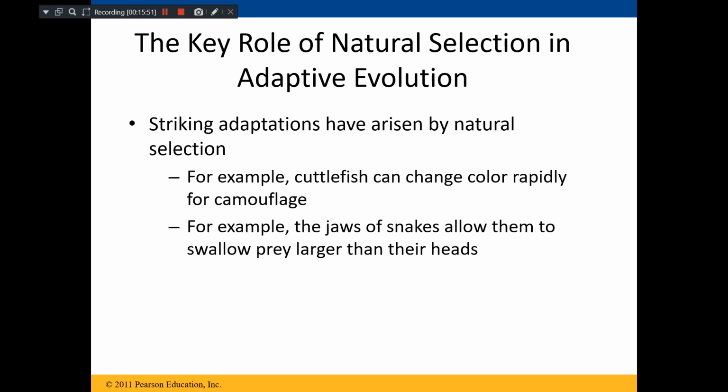Because of this adaptation, they are not easily spotted by the predator, because the color of the cuttlefish blends with the color of the nature or its background. This is an adaptation. So cuttlefishes have survived and evolved.